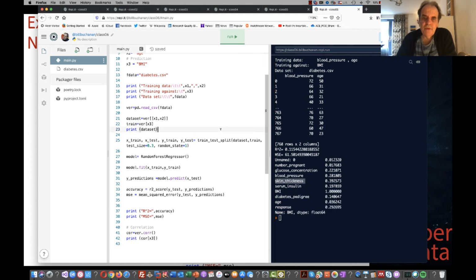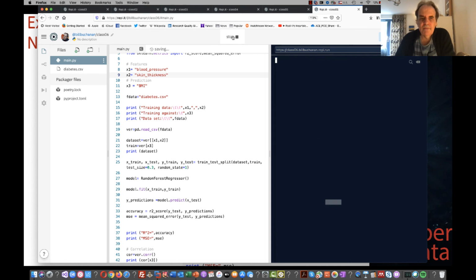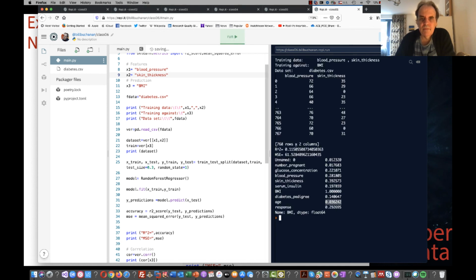So what we could probably do is find a parameter that wasn't strongly correlated, such as age, and we'll replace that one there, skin thickness. So we got 0.115. Let's see if we can get a better model now. It's much the same as before. Okay, so in this way we can actually start to measure the success of our models.